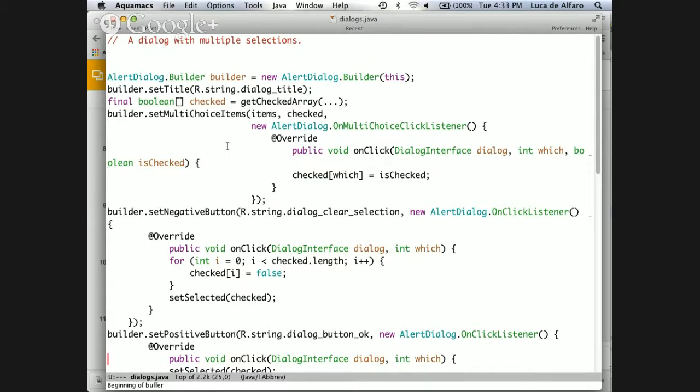So let me give you a few examples of dialogues. And I also want to tell you, these are the simple dialogues. Officially, you could also use dialogue fragments. I'm not teaching you how to use dialogue fragments. It might be a mistake, and maybe I should be teaching you dialogue fragments. So the point is that I tried to use them